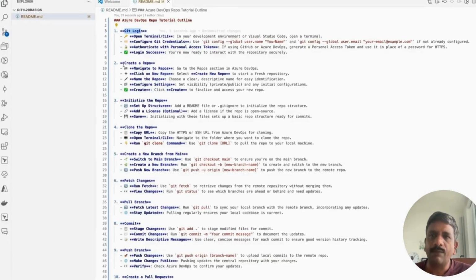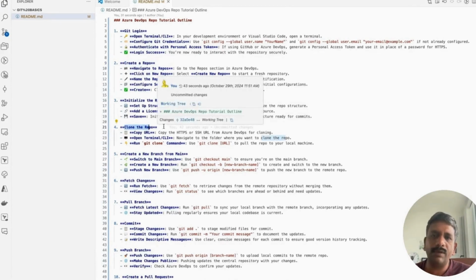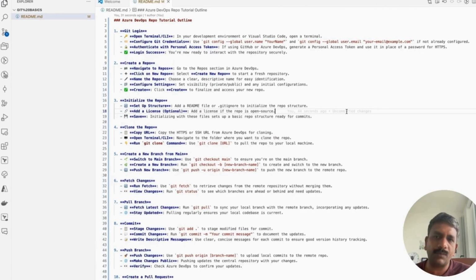That we discussed. We do know how to create a repository. First we created a project, and within that, we initialized a repository. So both of these we discussed. And to clone a repository, we did it using the git clone command. And now, before we go to step number 5, creating a new branch from the main branch, we made some